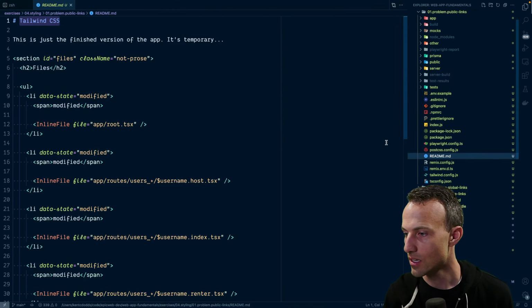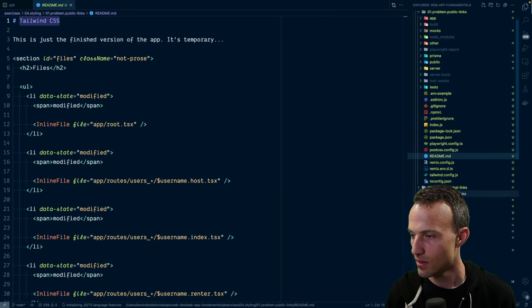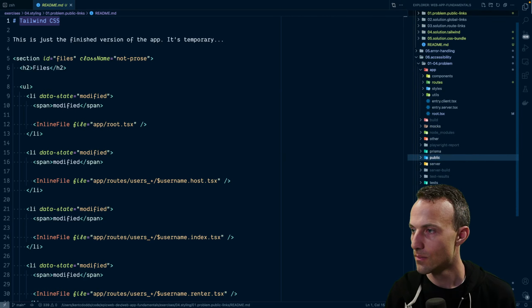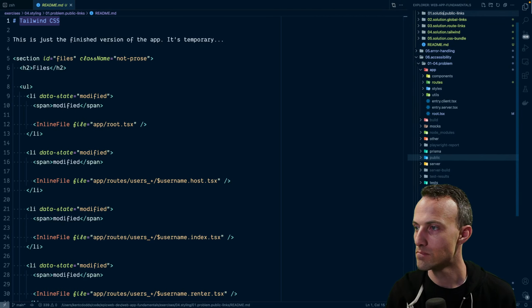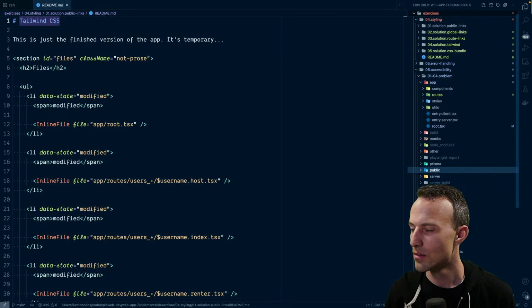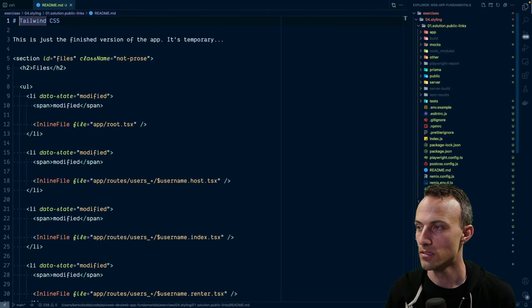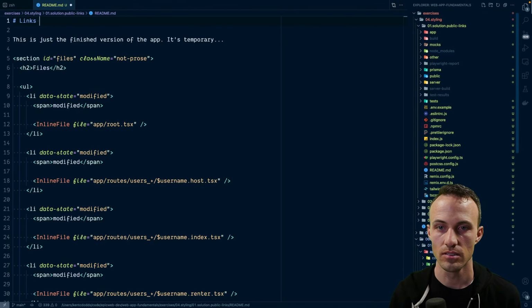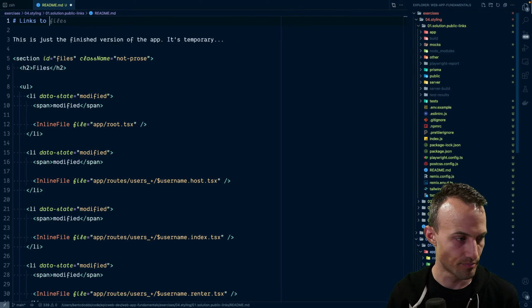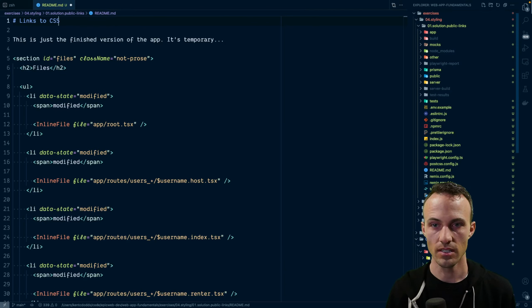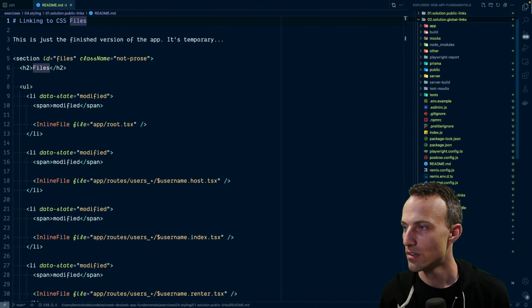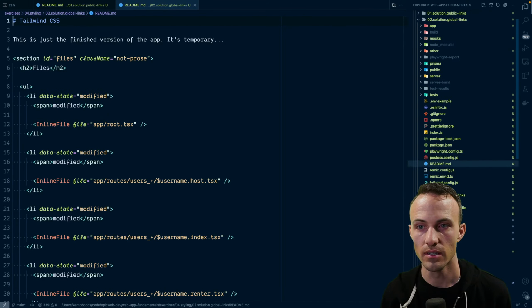Oh, and this is, man, I keep on messing this up. These are all solutions. Okay, cool. So then this is links to CSS files. Linking to CSS files. There we go.